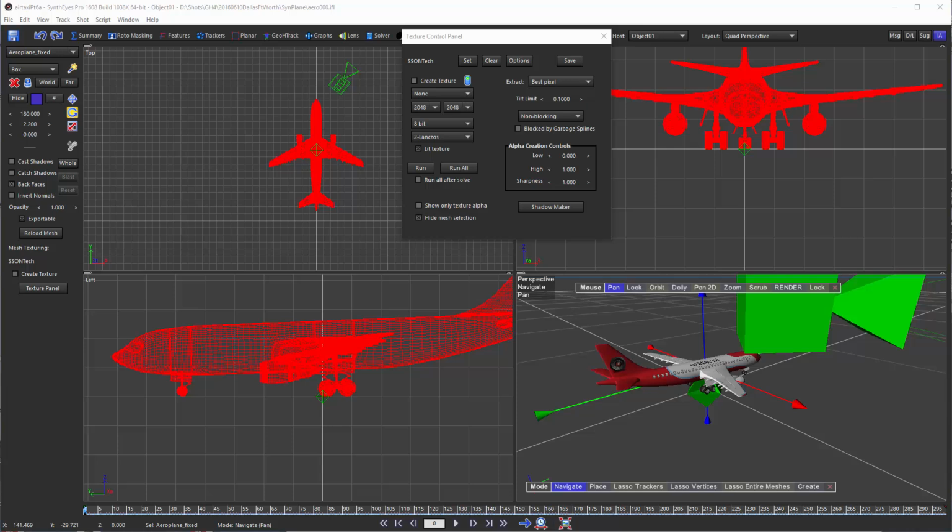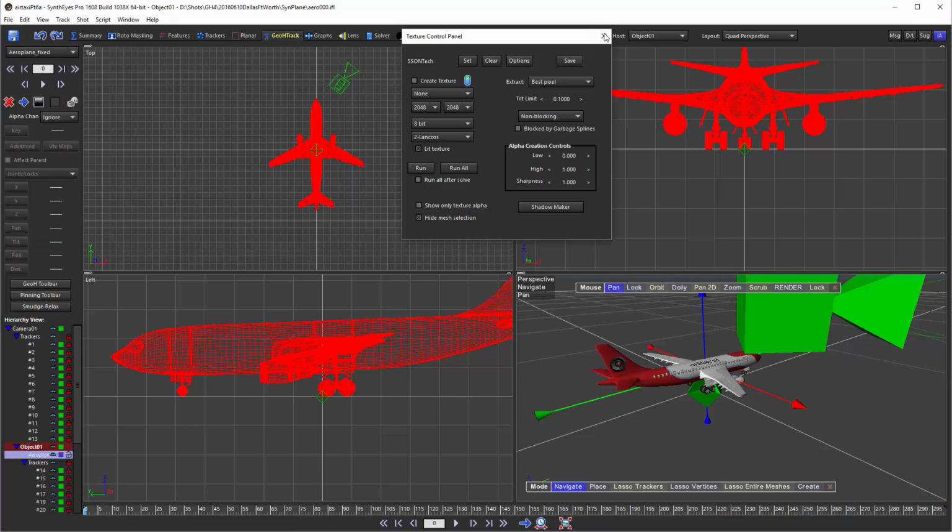Our next task is to show Synthize where each of the trackers should be on the 3D model of the plane. So I'm going to show you the most accurate way to do that. I'll just point out that it is possible to make the mesh line up with the image and then put all the trackers onto the mesh directly in one fell swoop. That's generally not going to be the most accurate way though,